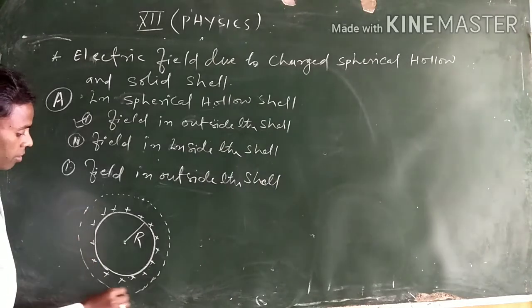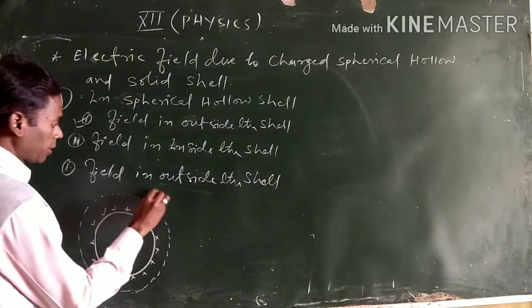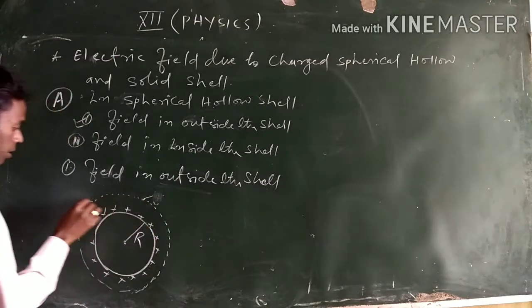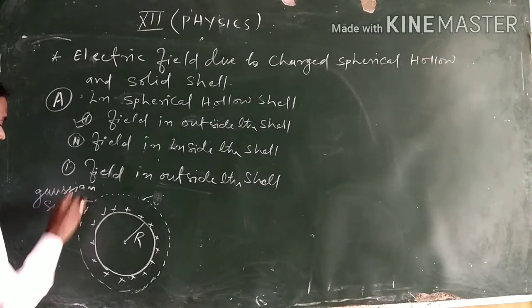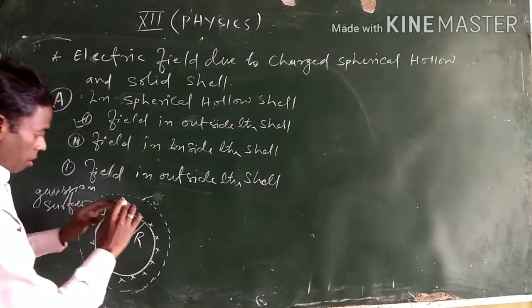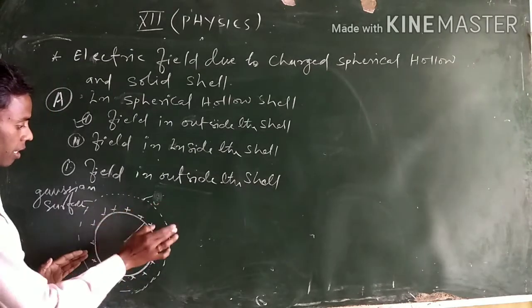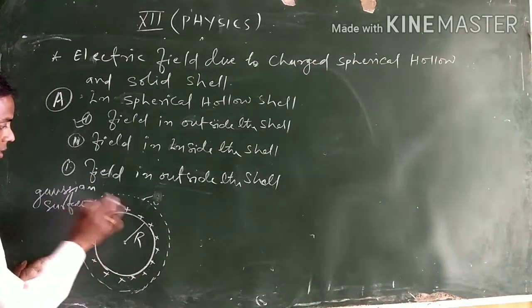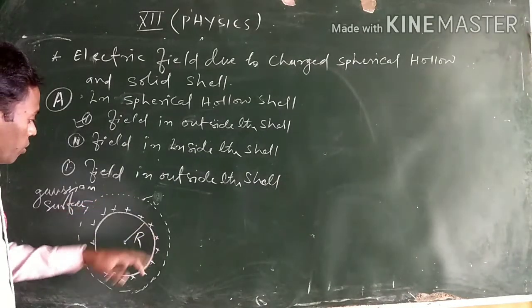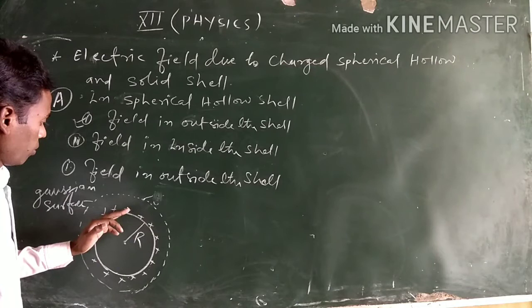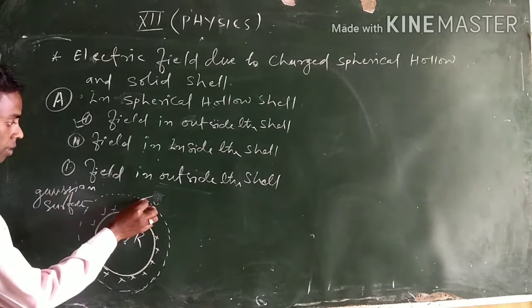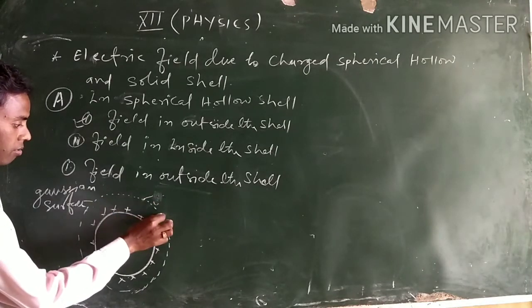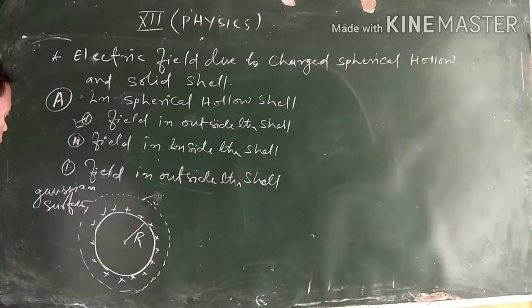This is the Gaussian surface. Okay. That means outside of this shell, we are making the electric field lines, right. All the points of this shell, just due to these charges, electric field is produced, right. That's why here we are making the electric field, here also, in all the points. For that we are taking the Gaussian surface, this one, right.